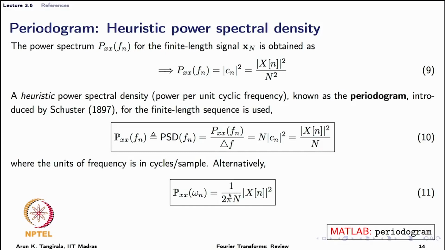If I look at angular frequency, I have to include an additional factor of 2 pi, because then I will have to divide this by delta omega instead of delta f. That is the reason I have a 2 pi here. Now, the MATLAB command routine that computes a periodogram for you is periodogram itself. You have to be careful, you should know whether by default it returns the periodogram in terms of angular frequency or cyclic frequency. It turns out that the default is angular frequency. So, it is a 1 over 2 pi that is involved. There is yet another aspect of periodogram which I will demonstrate to you, at least I will talk about it in the MATLAB session that will follow this module.